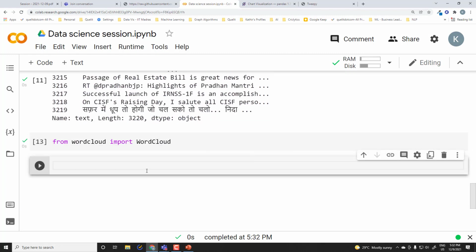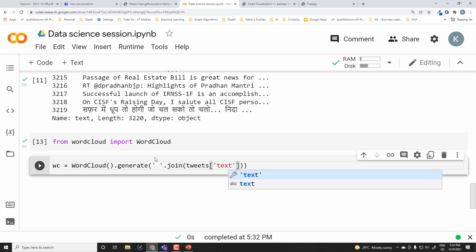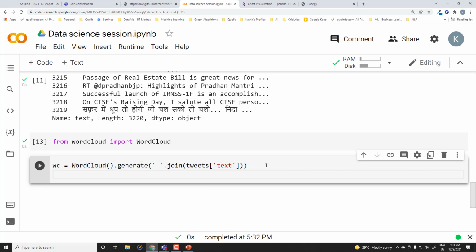And this particular plot will help us to visualize this text data very quickly. So let me plot this. All I have to do is just pass the text column that I have as a single string. I'm not doing anything else, just passing this single column as a single string. There are a lot of sentences, right? I combine all those sentences into a single string, and then use word cloud to generate the plot that we discussed, and we can easily visualize it.